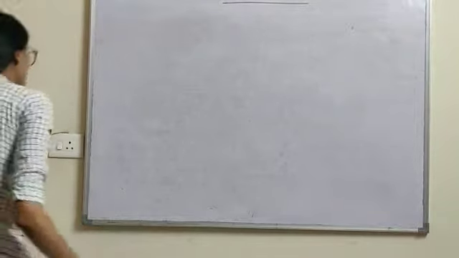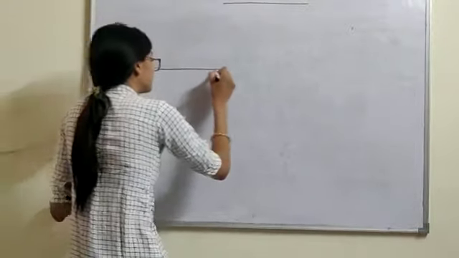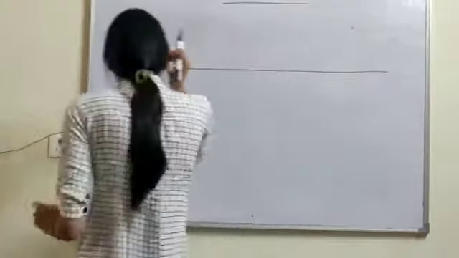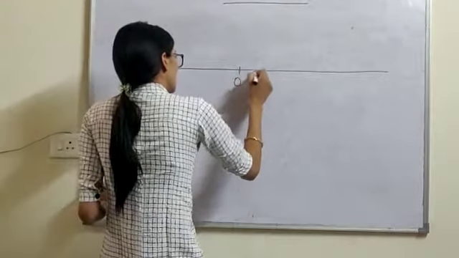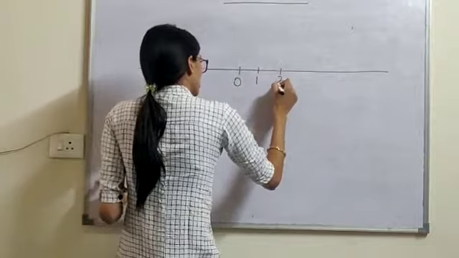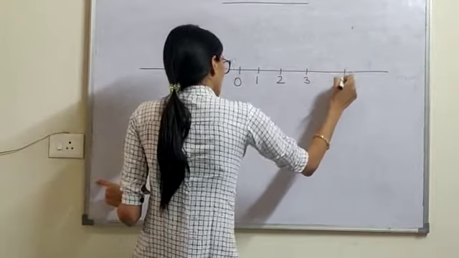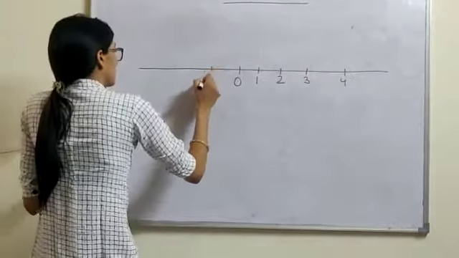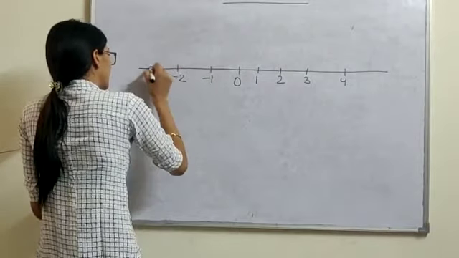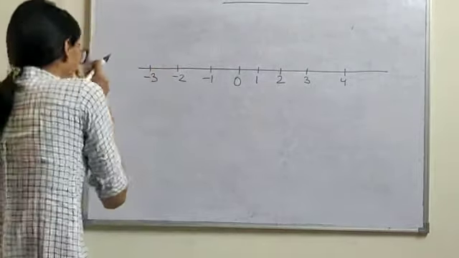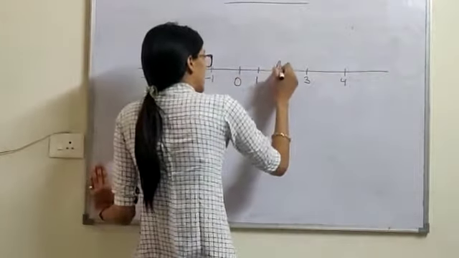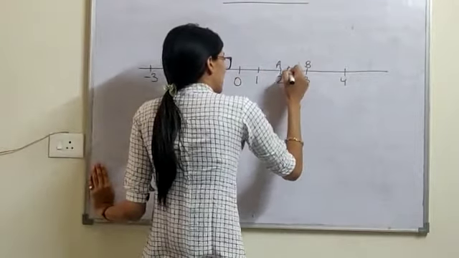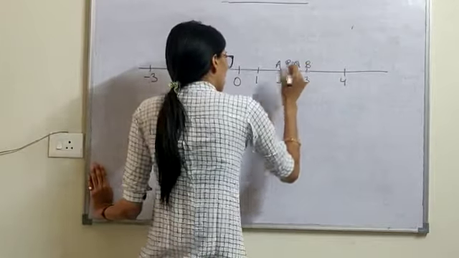Suppose a number line is given to you. 0, 1, 2, 3, 4. Minus 1, minus 2, minus 3. And the points are given, A, B, P, Q